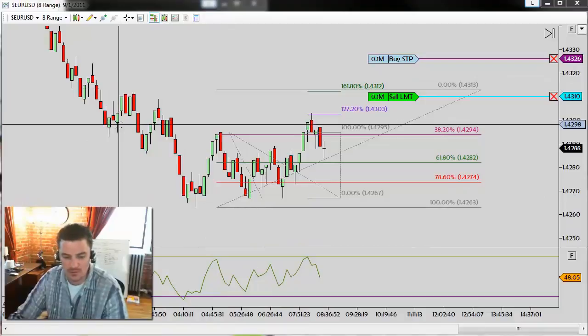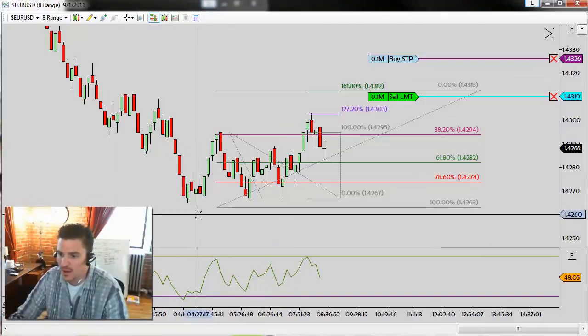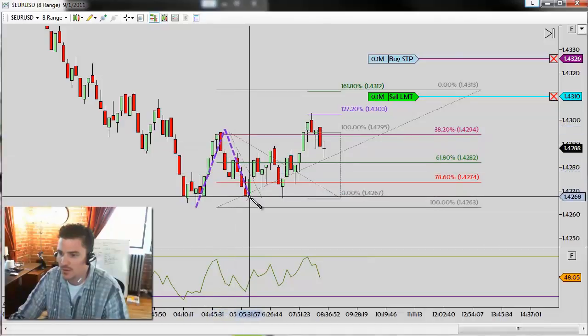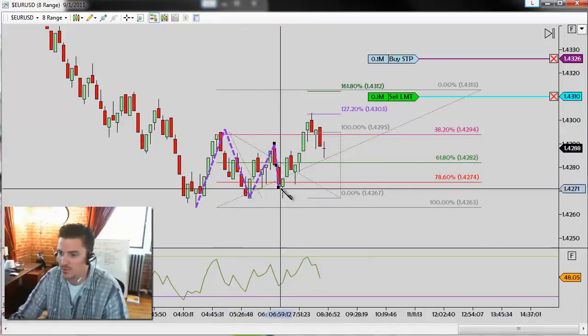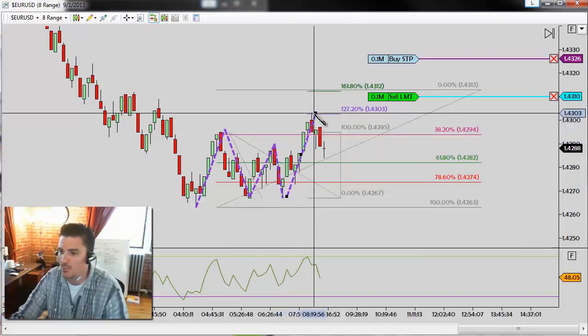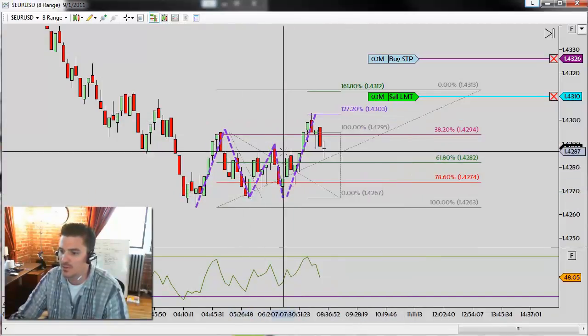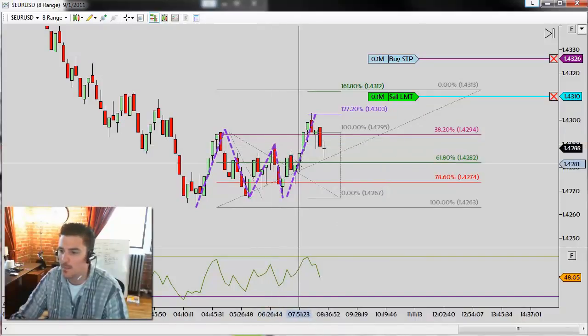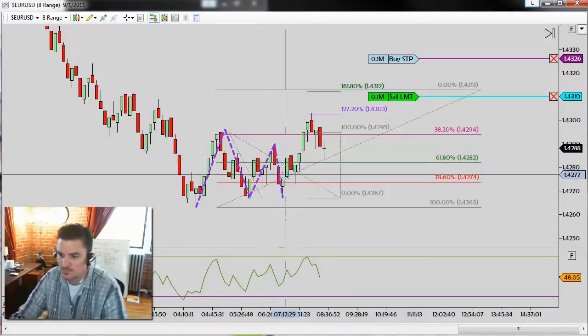So if you watch this, I'm going to draw this in for you guys. You have here a move up, and then you have a retracement, and then you basically have a retest of those lows, and then you get a breakout. So basically the market moved above and we broke structure, this previous structure point. Now, what I'm going to do here is